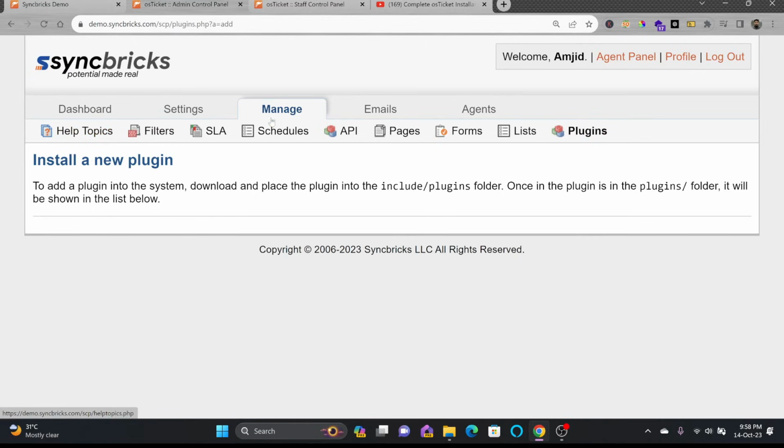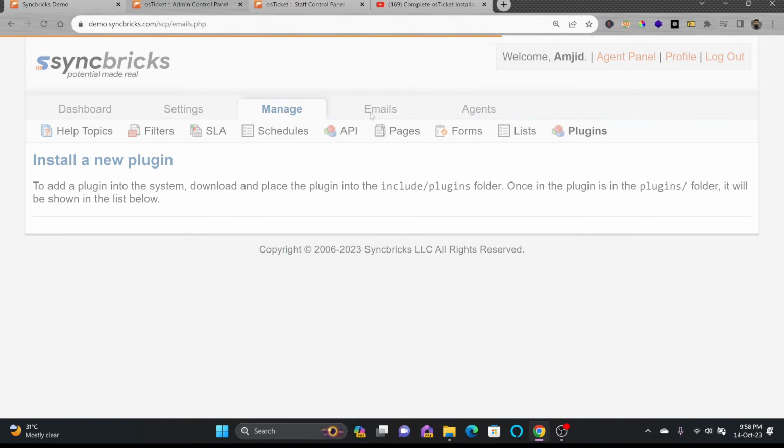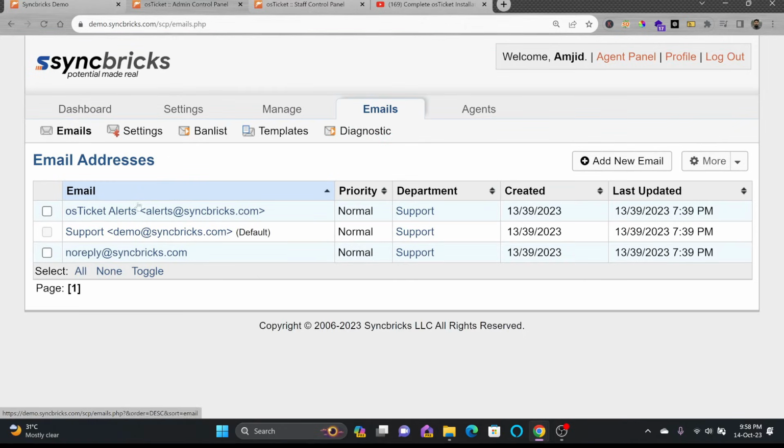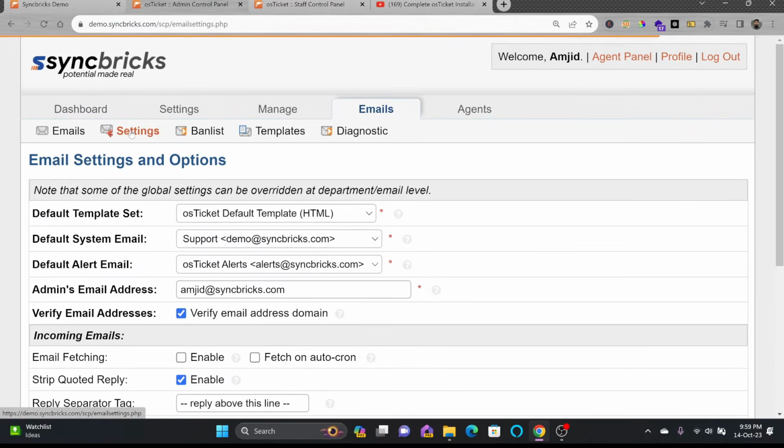So this was all about the manage section within the admin panel. So we'll now be moving to the email section, and we'll see how you can configure the email for osTicket. In this section, we'll be talking about how we can configure the email. You can see here, these are the default email addresses which are created. If I go to the settings of the email, you can see here that this way the emails are being